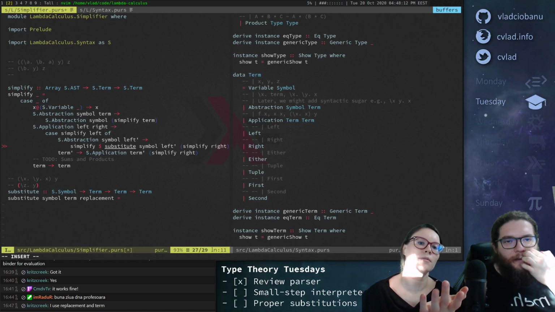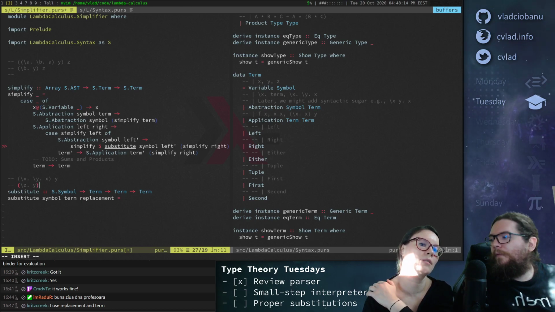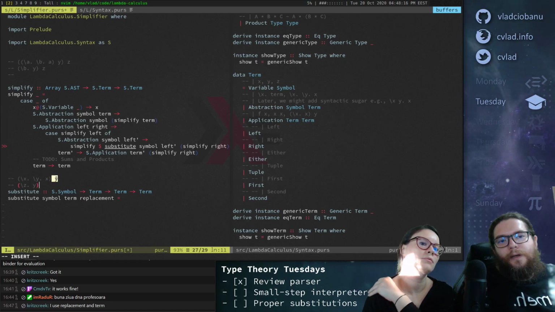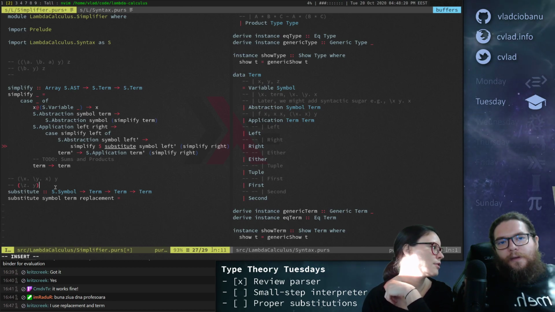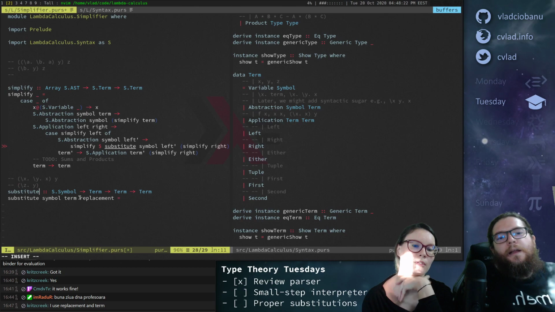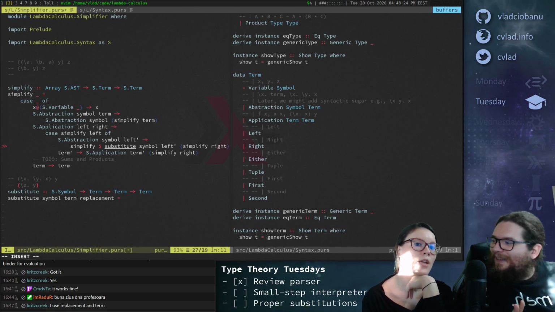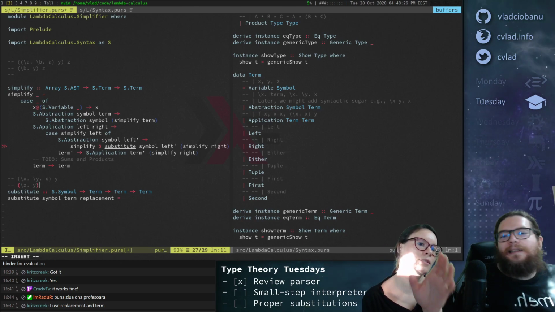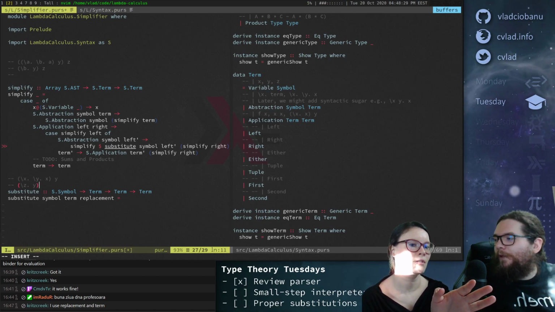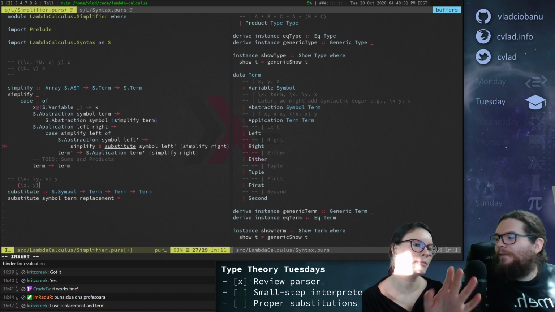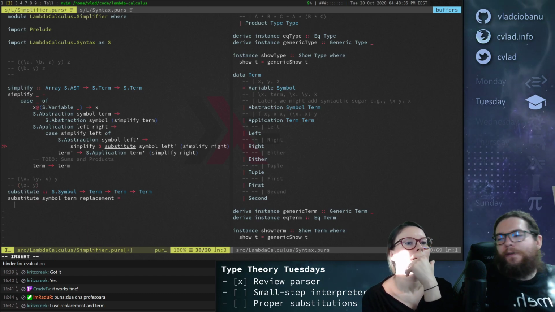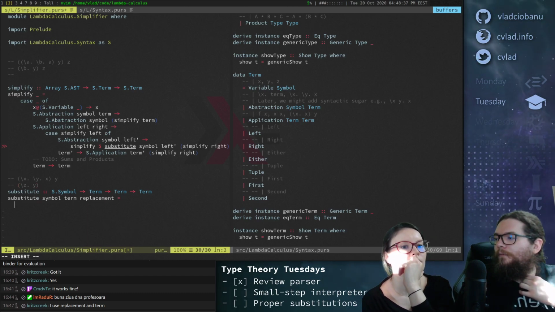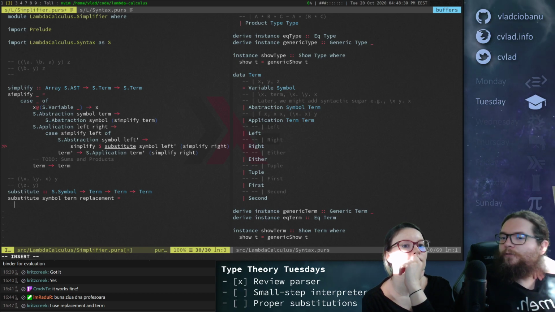Yeah, because if you don't rename, this becomes bound, right? And you will get lambda y, which is a different function from what you want. But for now, we will not worry about that. So we assume that the user has written reasonable lambdas. So you assume that the replacement doesn't appear in the term. And then there's a way to fix it, and if we have time, I'll fix it. Right, we don't deal with renaming at all.